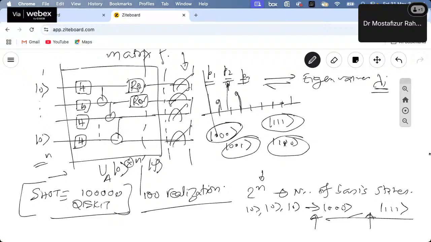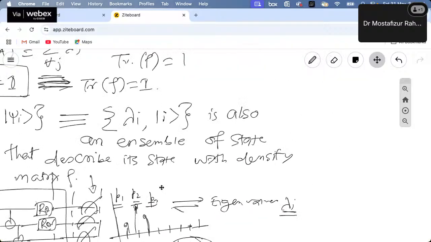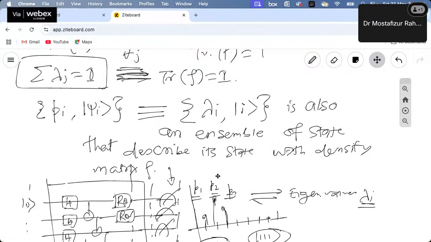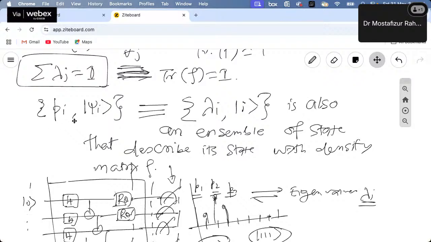So that means the density matrix also gives the same thing. There is nothing special about it. If you can realize something with the probability distribution, it is the same as getting the eigenvalues. It is fine to have the probability distribution to comment on the eigenvalues, if you can decompose it to the orthogonal basis set, that is the eigenbasis set or the eigenvectors. With this there is a formal decomposition technique,